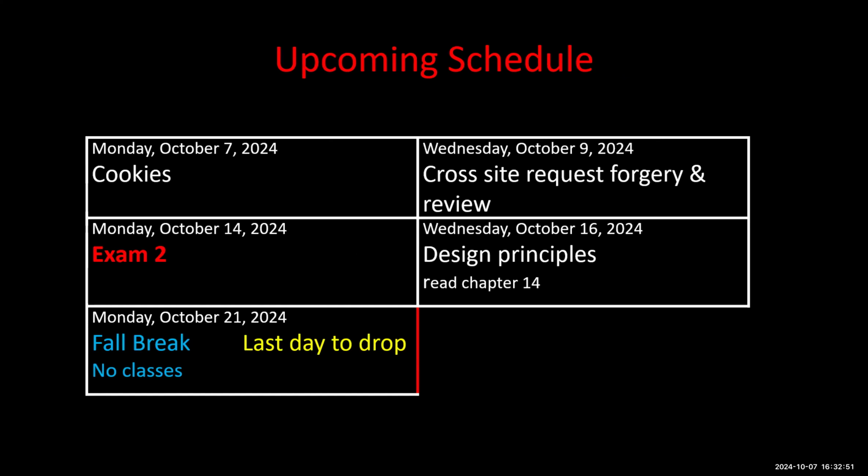An important point here is on Monday. That's the last day to drop. It's also no class; it's a week from Monday, it's fall break. There are no classes. It's also the last day to drop. So if you really mess up on the exam and you think you're doomed, then you may want to drop the class. Your last chance to do that is Monday at 5 o'clock. So don't miss the deadline if you want to do that. You can do that Monday at 5. On Tuesday morning at 8, it's much, much more difficult.